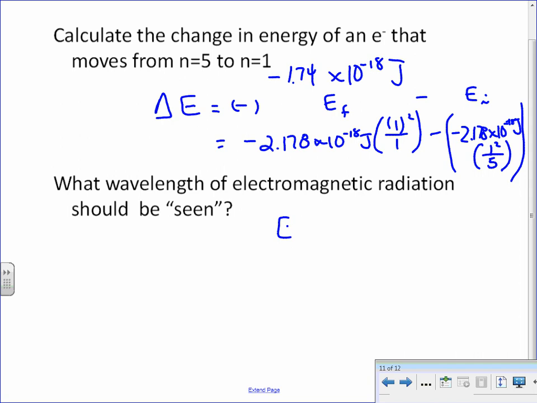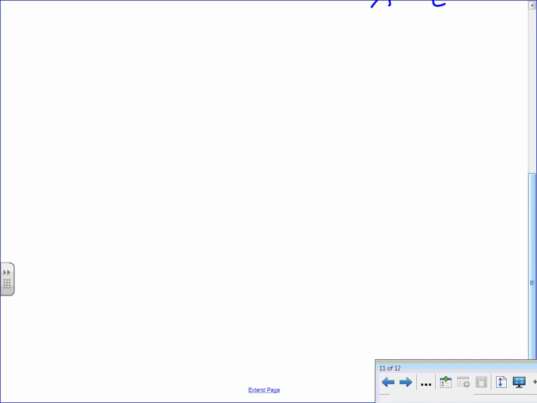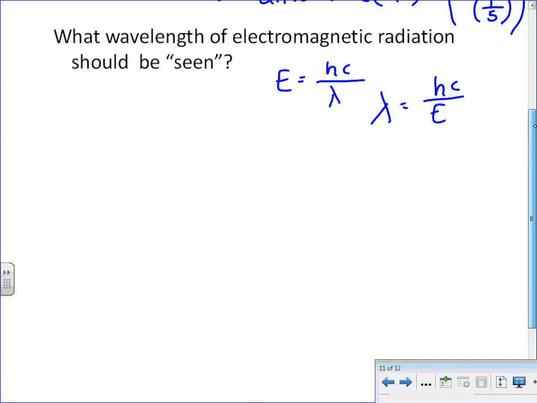We know that E is equal to hc divided by lambda. That's de Broglie's equation. So if we want to know the wavelength, it is equal to hc divided by E. That would be Planck's constant times the speed of light divided by the energy change. So the wavelength is equal to 6.626 times 10 to the negative 34 joule seconds times the speed of light, 3.00 times 10 to the